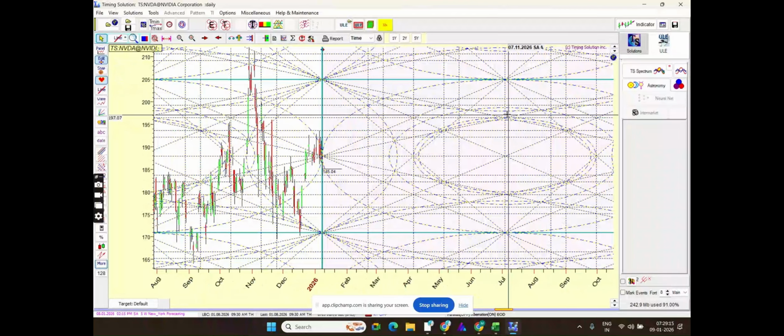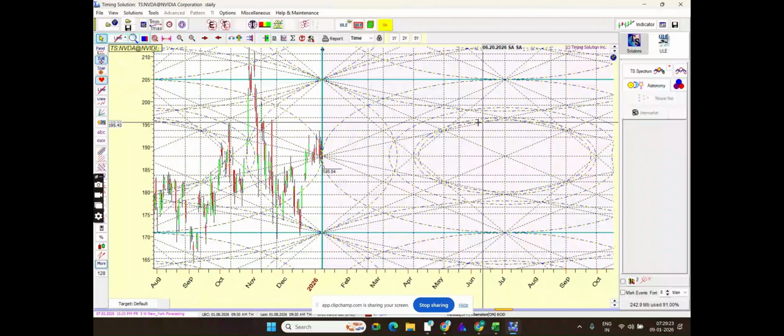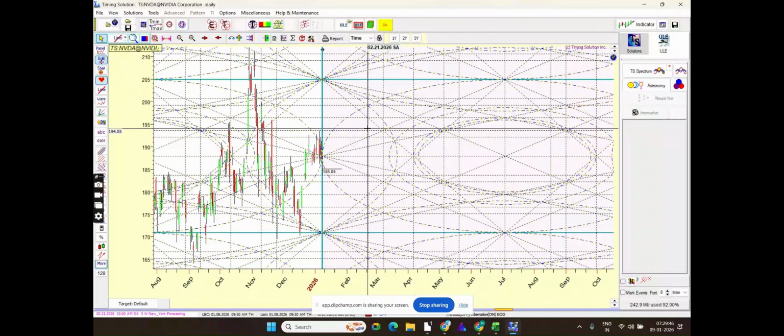The major date is coming in at 3rd July 2026. Then you have another date coming in at 5th or 6th May 2026, and another major date coming in at 31st August 2026. Then you have the minor dates, which are 21st of February, then 6th of April,